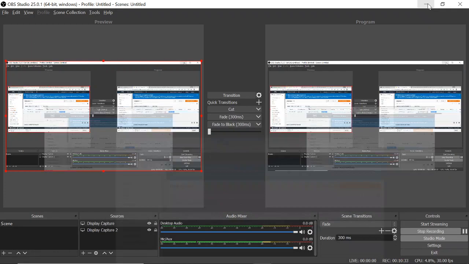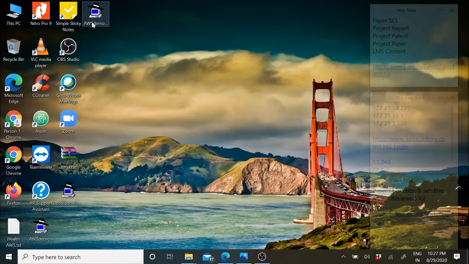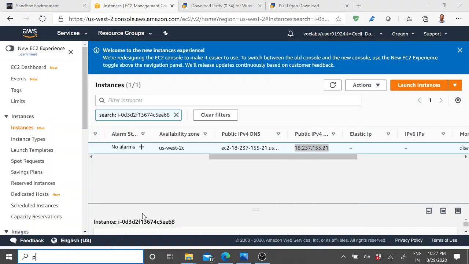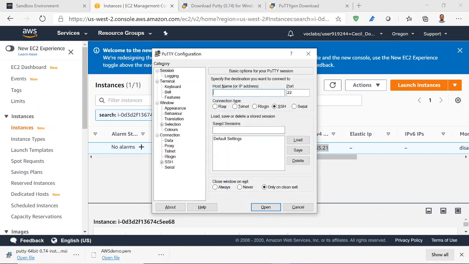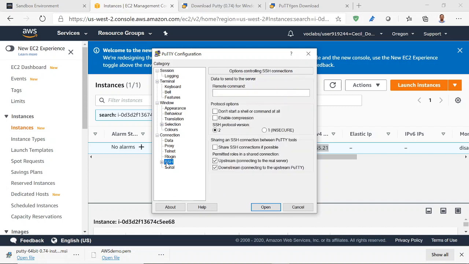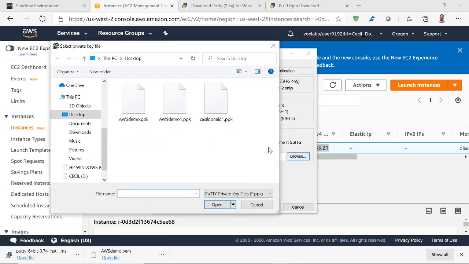And now you just open the PuTTY software, and there it is asking you for the IP address. Just paste the IP address which you have copied from your instance page. Once you paste that, you come back to the SSH on your left side panel, expand the selection and select Auth. That is the authentication. And there, you have to upload the particular file.